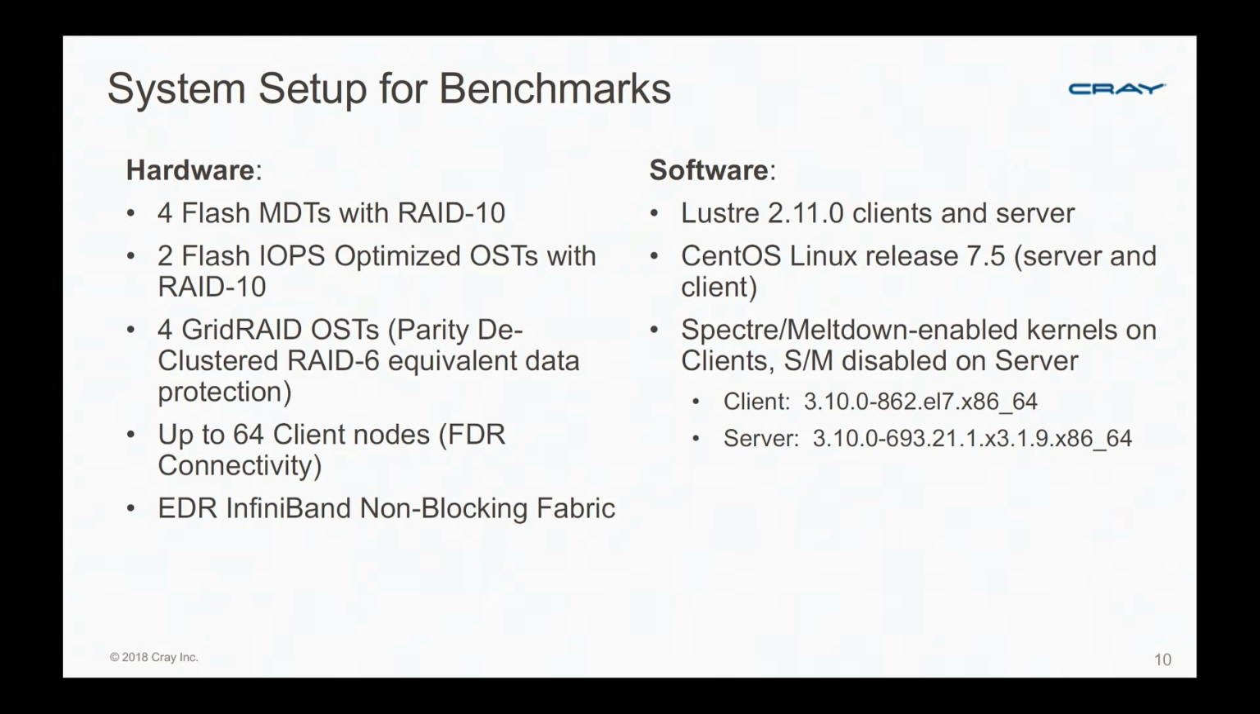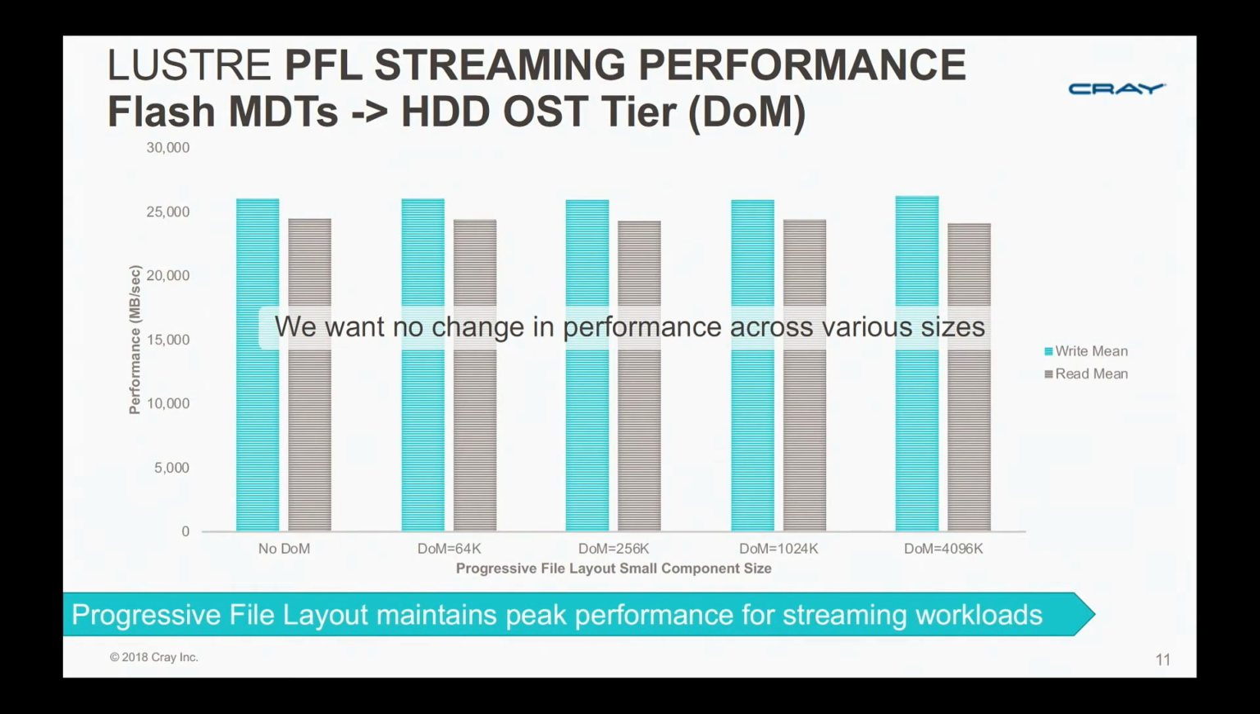We had Spectre Meltdown enabled on the clients. We had Spectre Meltdown disabled on the server. And we're running Lustre 2.11 on the client and server. So the first thing we wanted to do was just prove to ourselves that progressive file layout doesn't have impact